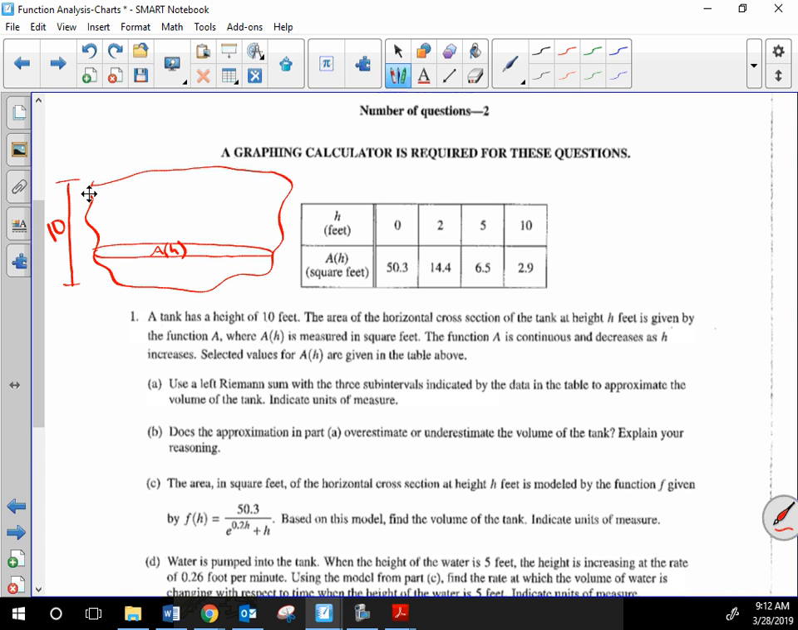Okay, so A was just using the left Riemann sum to approximate the volume of the tank. So we would be integrating our volume. It's always integrating the area of the cross-section. They didn't tell us the shape because it's changing probably. So our area of the cross-section, they said, was A of H. So we're just integrating A of H. And we're going from